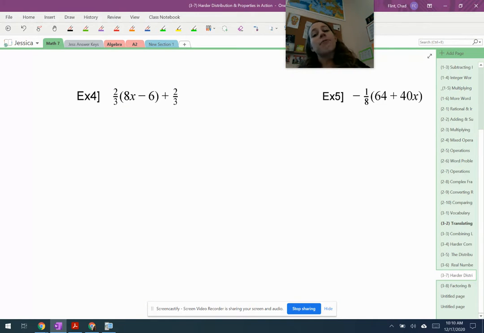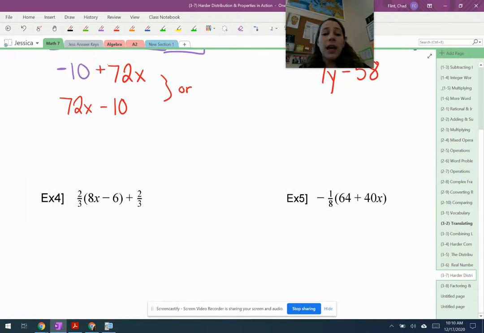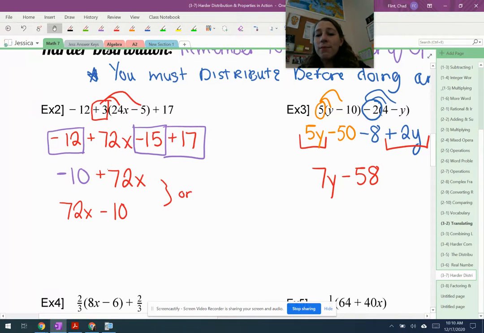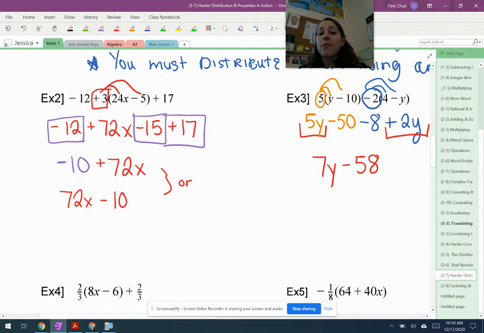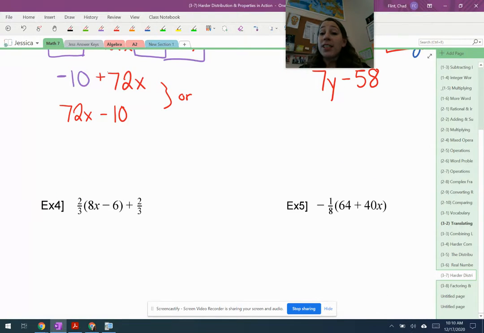And I know we said to follow order of operations, and you might be thinking that the first thing in all order of operations is groupings. And that's true. You are 100% right. But if I look at what's inside the groupings here, are 8x and negative 6 like terms? Can I combine those? No. What about y and 10? Y and 4? 24x and 5. None of those things inside the parentheses are like terms that I can combine. If they were, then I would be starting with that first, but they're not, so then I jump to the